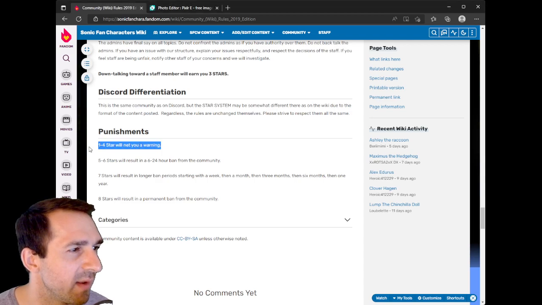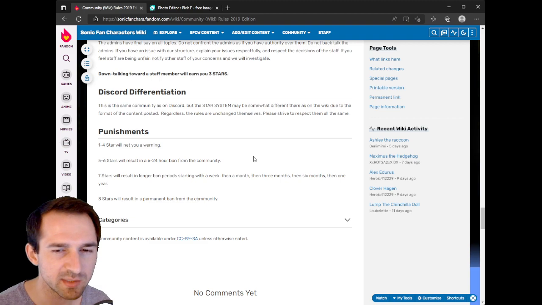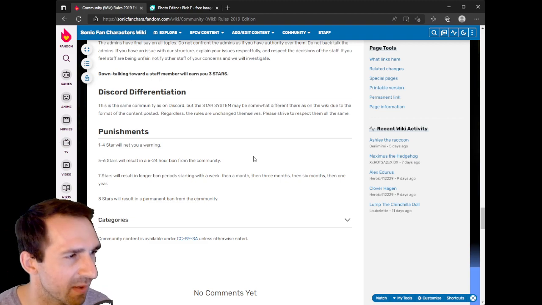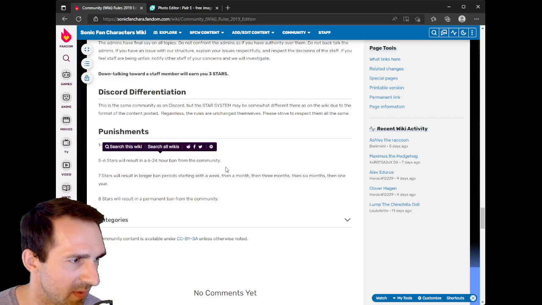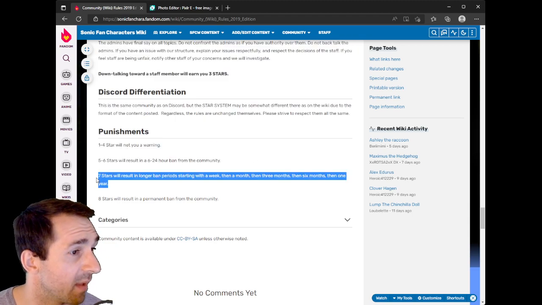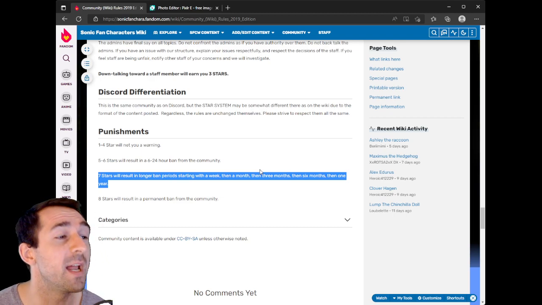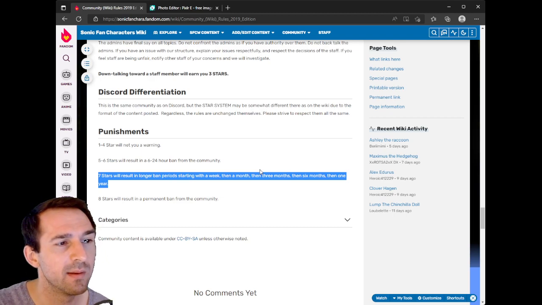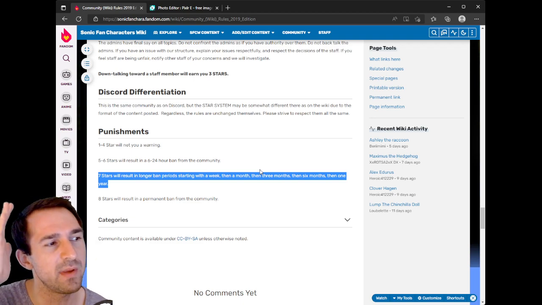So punishments. Okay, 1 to 4 stars will net you a warning. And again, we should aim to get 0 stars, but just so we know what we're doing. 5 to 6 stars will result in a 6 to 24-hour ban from the community. 7 stars will result in a longer ban period, starting with a week, then a month, then 3 months, then 6 months, then 1 year. So if we keep, I guess if we keep getting it's a little unclear, but I guess if we get 7 stars,